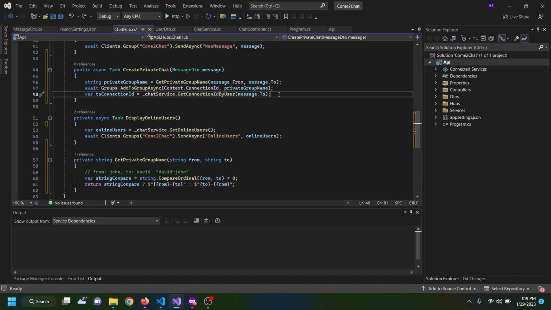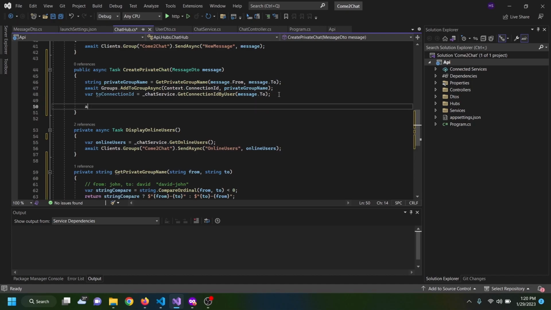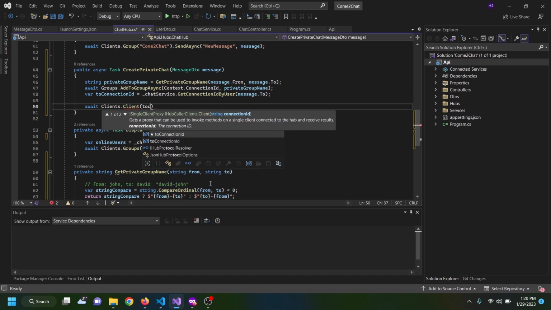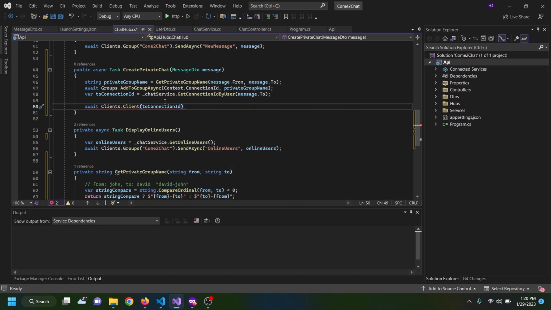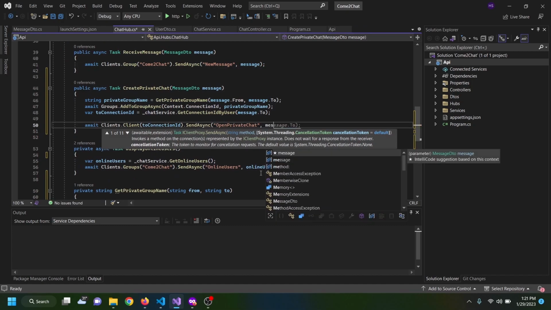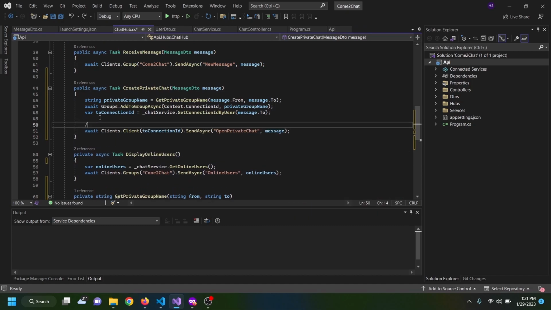Then we are going to implement the functionality inside the Angular side. Basically open a modal inside whoever the user is trying to contact. So I say await clients.client. So this is only for one single client, and that single client is to. And then I put to connection ID. That's how we can achieve that. And then send async and open private chat. Then we send the message. So in here, I put a comment,